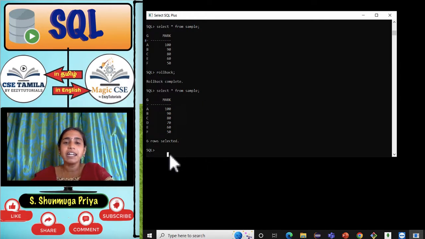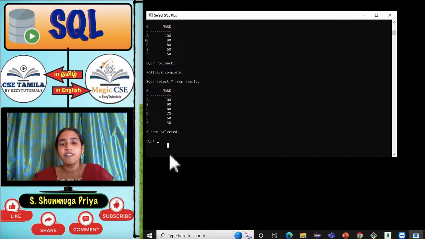So hope you are very clear with the delete from command. The delete from command will delete only the tuples which satisfy the condition. Then with the help of the rollback command, you will be able to move to the previous state. So the next one is